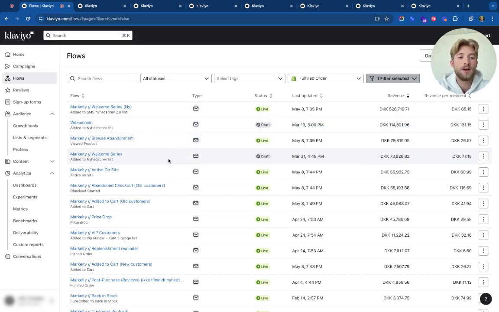over this account. Other than that, we have the browse abandonment and the active on site. These two are kind of the same, but one is when they are browsing, and the other is just active on site when they're visiting. It doesn't necessarily browse anything. And you can see it's still generating a lot of revenue. So make sure that your browse abandonment flow, and I'll be going over this in a bit, and the active on